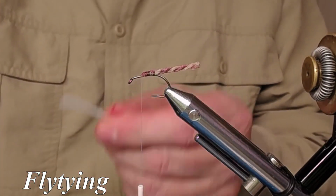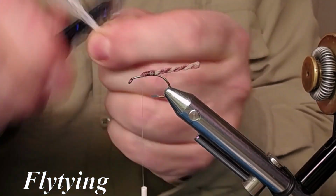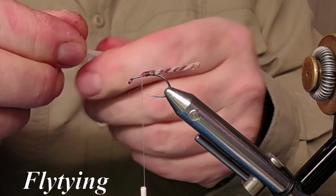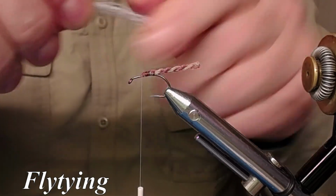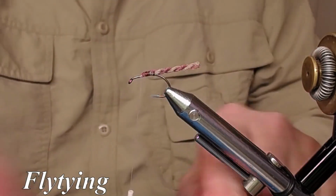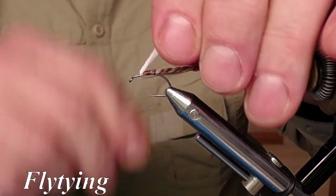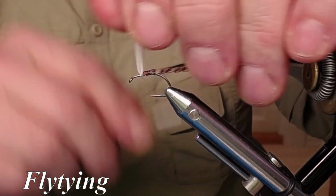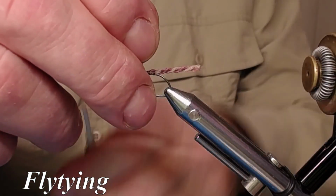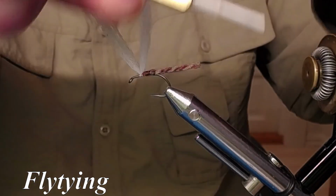And I take my comb, just comb it out like this. You have to do this on this material because it's a bit unruly sometimes. Okay, I double it over the thread like that and attach it to the top of the hook, and some wrappings on both sides and around the base of this wing,